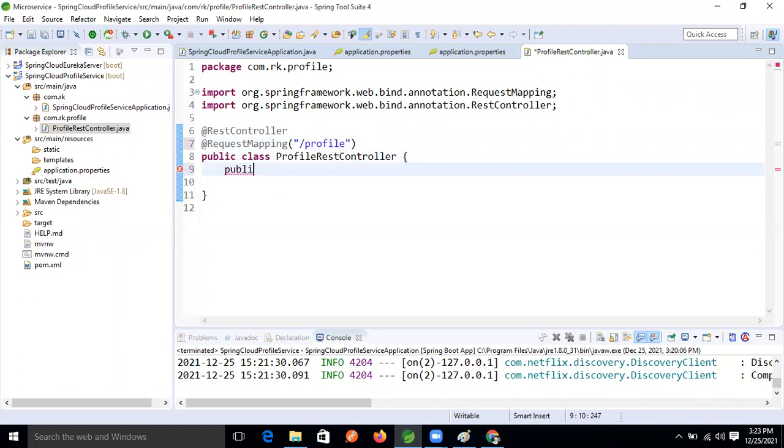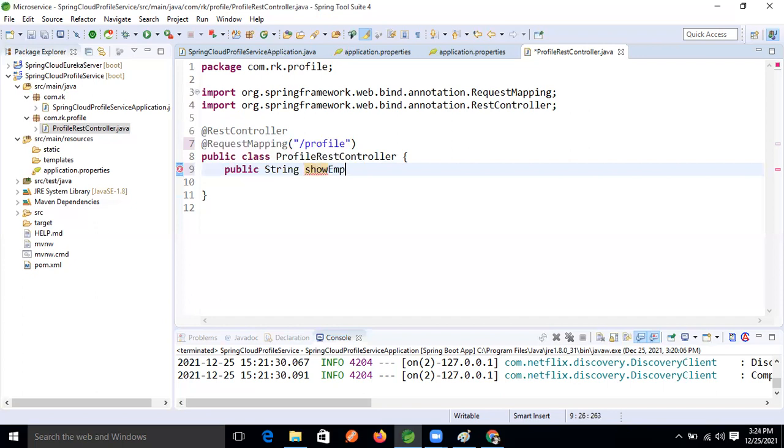Public String, what kind of method can we take? Show employee profile.